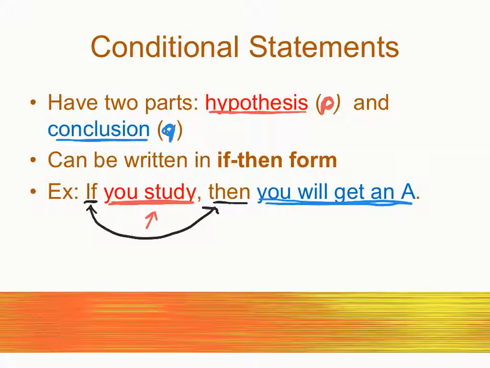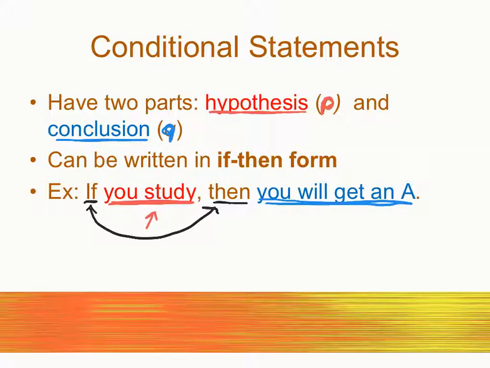I'm going to repeat this over and over again because this is the biggest mistake that I see, where people are like, oh, I didn't know that. And I'll be like, you should go back to that video that I produced. Well, this is the video that we're producing right now. The word if is not part of the hypothesis. The word then is not part of the conclusion. They are just our identifiers that here comes the hypothesis. Here comes the conclusion. If this happens, then that will happen. So there are two events that are related. And that's what we're going to be looking at today.